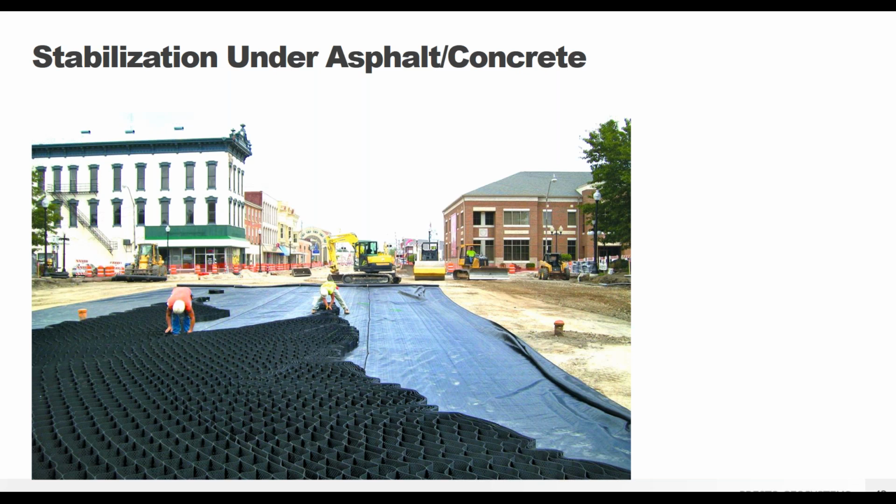Plus, the GeoWeb system allows for, again, that thinner cross section, as much as 50% thinner. So you're going to have less excavation required on site. And so that's great if you have things like shallow public utilities that you might need to avoid. So if you have limited excavation space, GeoWeb might be the way to go.